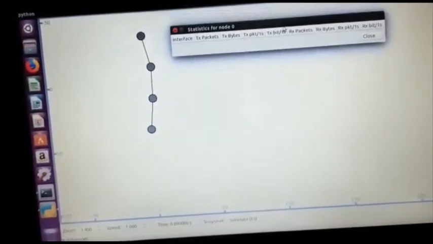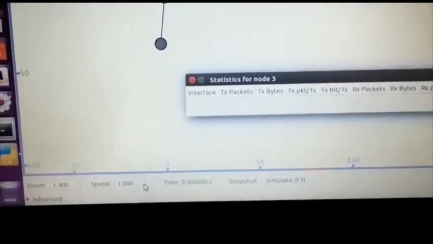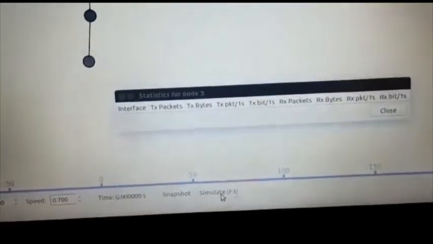If you want to see the interface statistics, you choose show interface statistics, and let's see the interface statistics of the client and the server. It's optional for you. For whichever node you want to see, you can enable this. So I have just enabled it for the client and server before I start the simulation. There is also an option for decreasing the speed of simulation here. You can decrease the speed of simulation a bit so that it is noticeable.